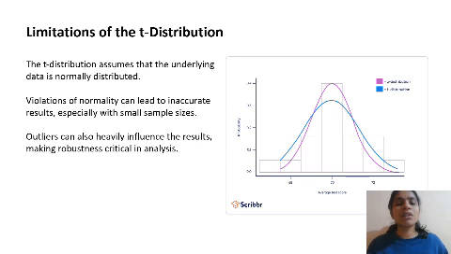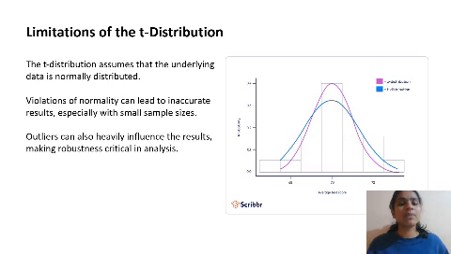Limitations of the t-distribution. The t-distribution assumes that the underlying data is normally distributed. Violation of normality can lead to inaccurate results, especially with small sample sizes. Outliers can also have heavy influence on the results, making